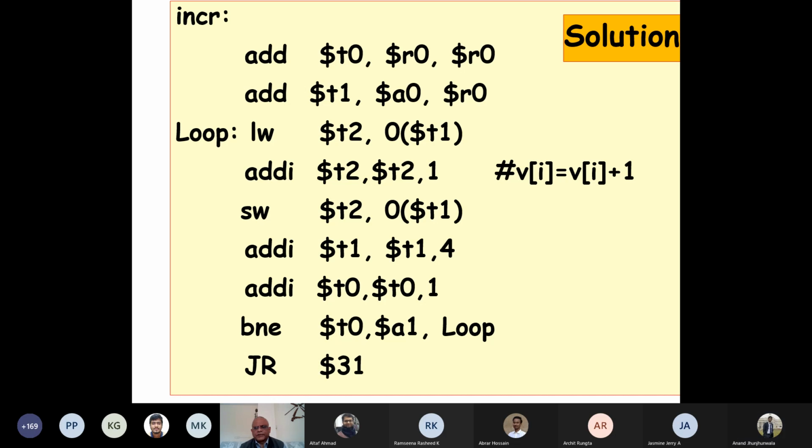Let's ask somebody else. Gaurav Govardhan Bishan, are you there? Yes. So what will be the value of T0 after we execute add T0, R0, R0? Most probably 2 times the value. So you are also giving the same answer, right? Okay, let me just ask Kshitij Agarwal. Kshitij, are you there? Yes, sir. I also think 2 times the value of R0. I am needing a better answer. That's why I'm keeping on asking. I'm not getting that answer.